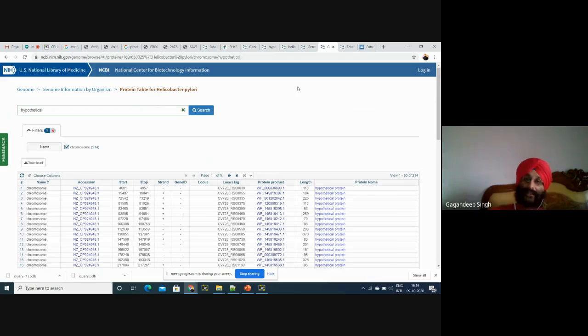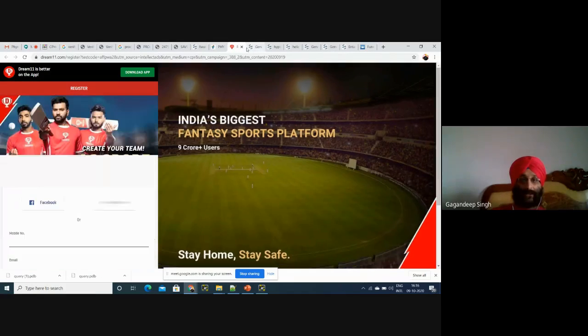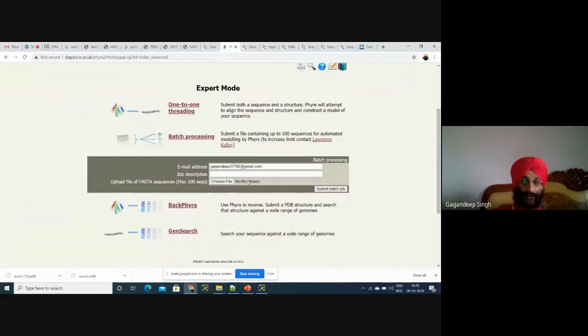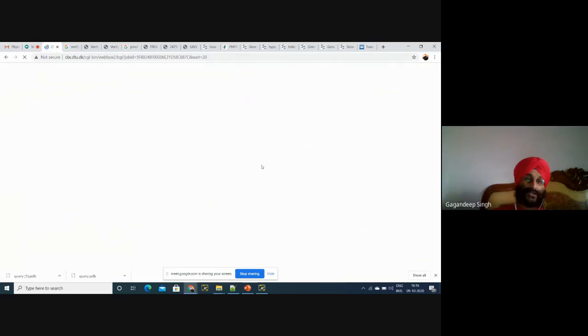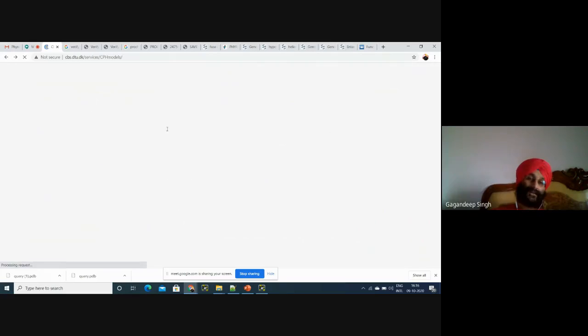And finally, today's task, we can easily model these proteins by batch processing in Phyre along with CPH. If we are doing batch processing in Phyre, we'll cross check whether the same protein passes in CPH or not.